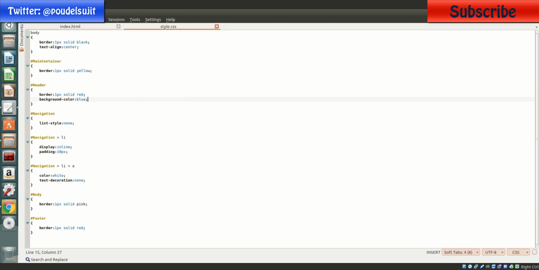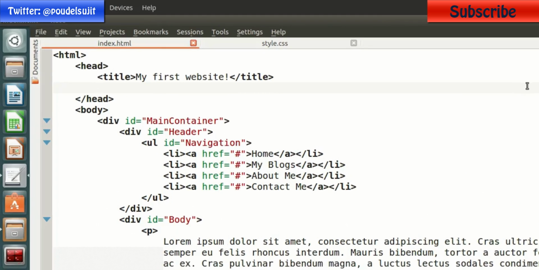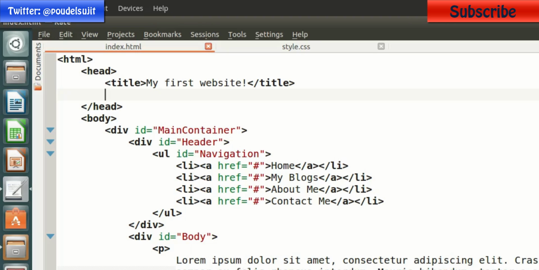Now instead in HTML, I'm simply going to refer to that style sheet. So to do that, I'm going to say link rel equals stylesheet, href equals style.css. Since it is in the same directory, we don't have to give any path, and type equals text/css